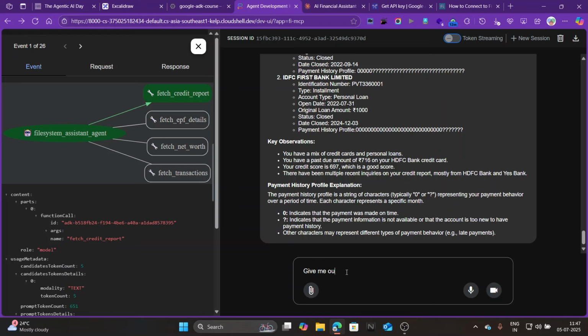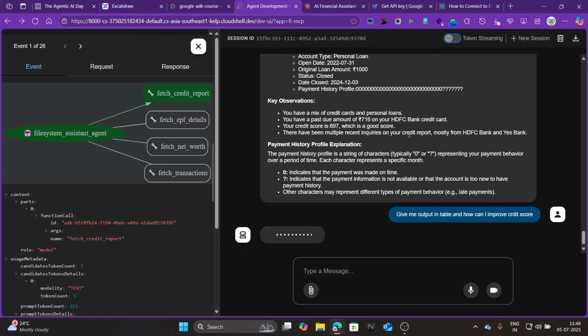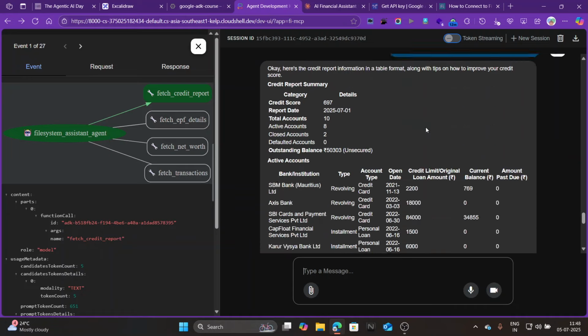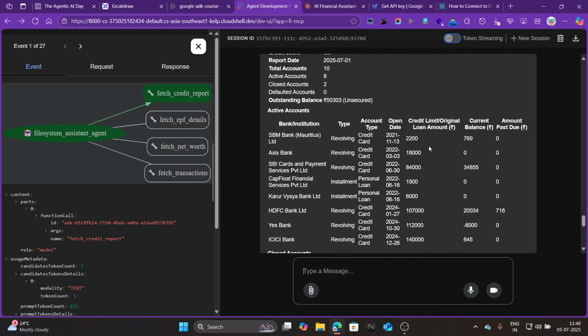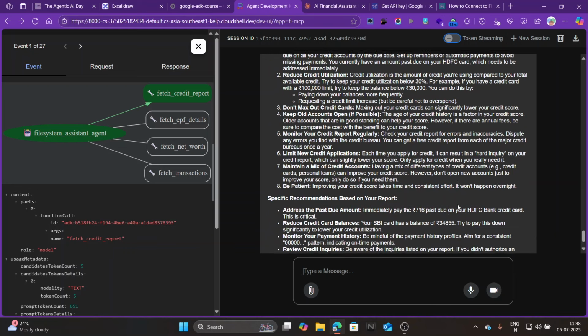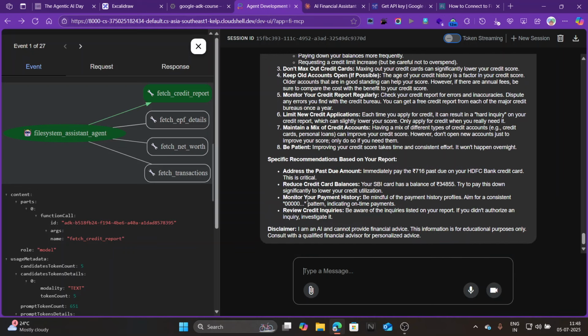Give me output in table and how can I improve credit score. Great.